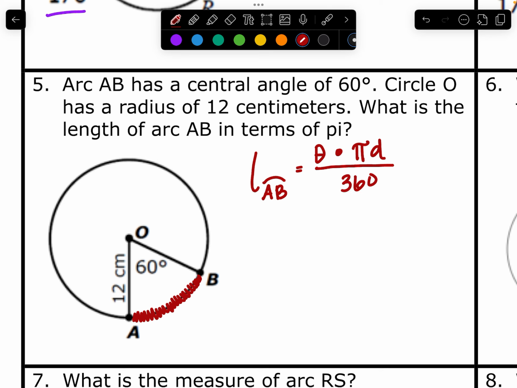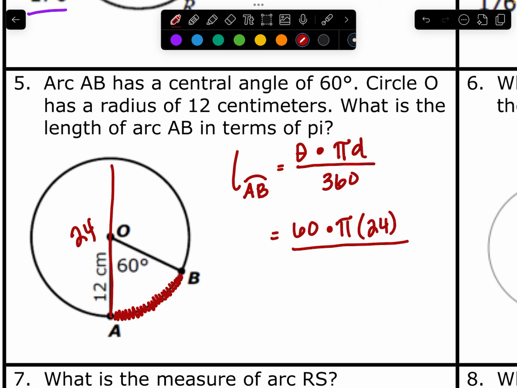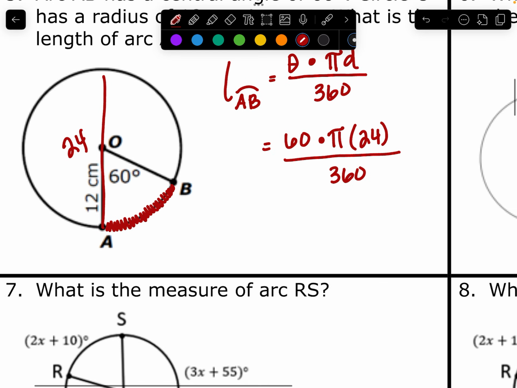There are different variations of this formula, so that's just the one that I'm choosing to use. Theta is going to be the angle 60 degrees, and pi is just pi. The diameter is twice the radius, which is 24. And then 360 in the denominator. We need our answer in terms of pi, so when you put this into your calculator,